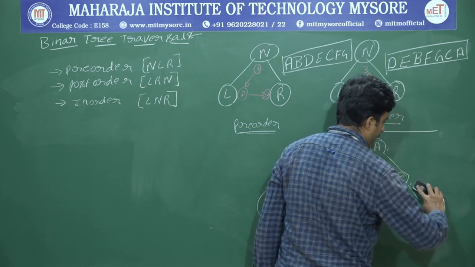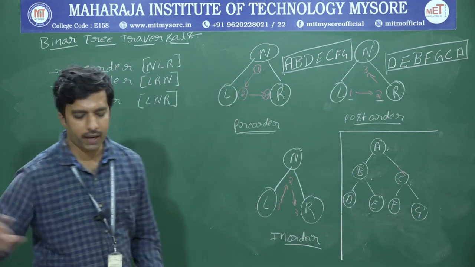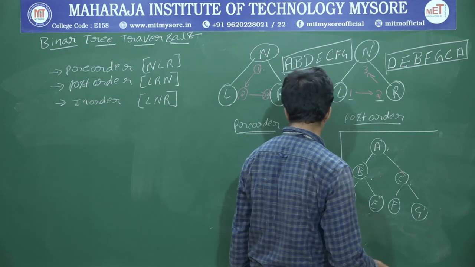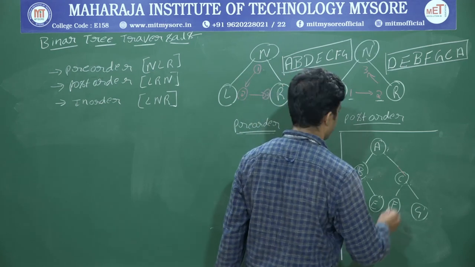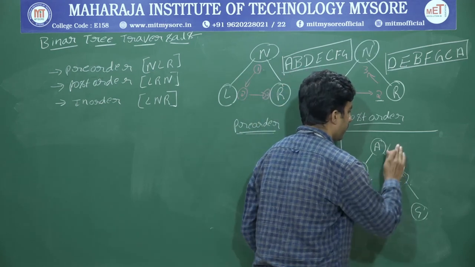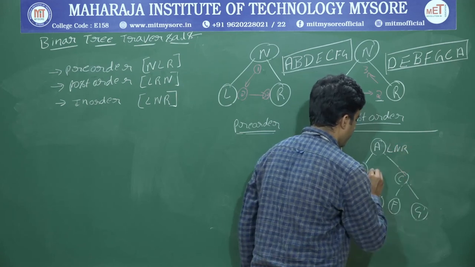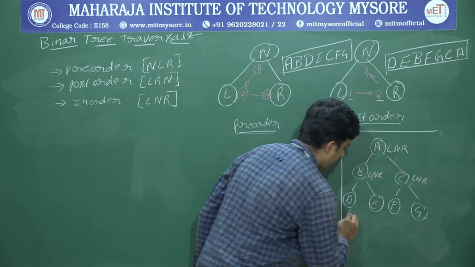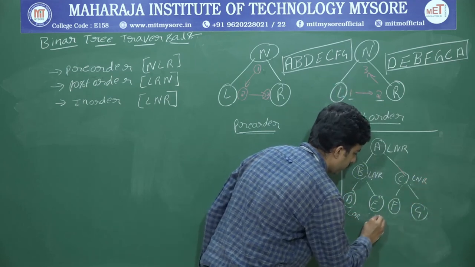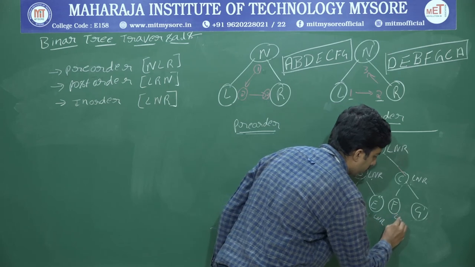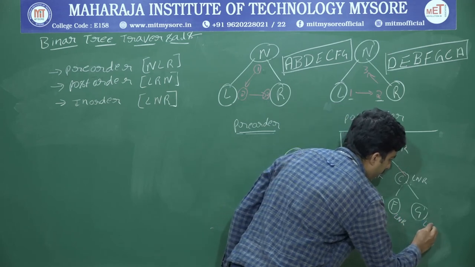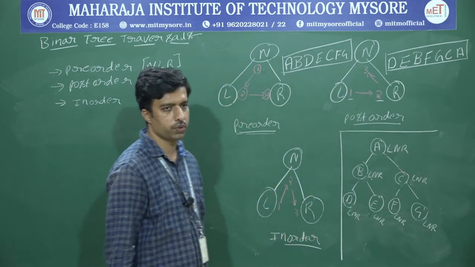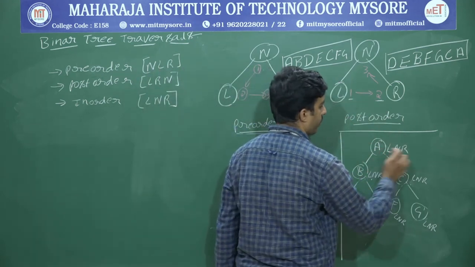Okay, see, once you practice, you can return without writing these things, but till practice, follow this one. This is one of the easiest methods. Left node right, left node right, everywhere left node right. For every node you are supposed to write that one. For a leaf node, if you have not written, it is not an issue, but for in-between nodes you are supposed to write this. Left node right, okay.